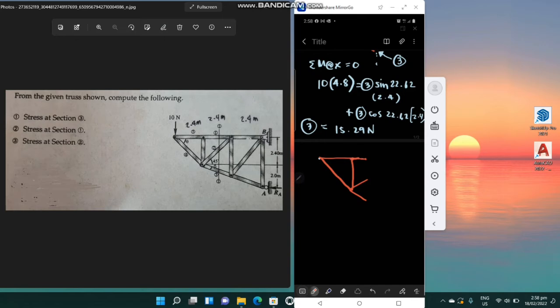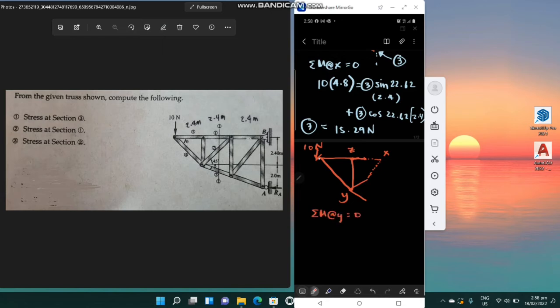Let's say this is z, kakain na mo ni si x. Ang gipungita is section 1, so this one, then atong ingnon nga kani is y. We have the 10 Newton load. So summation moment at y